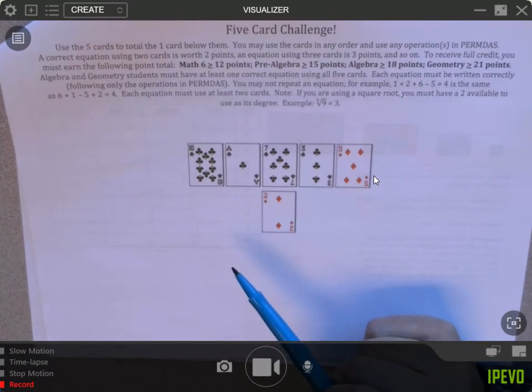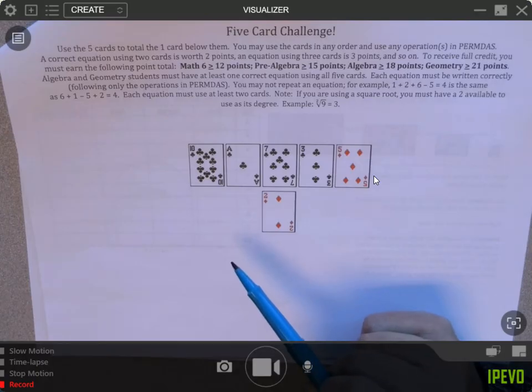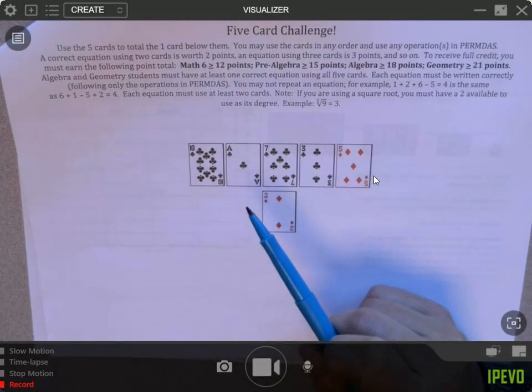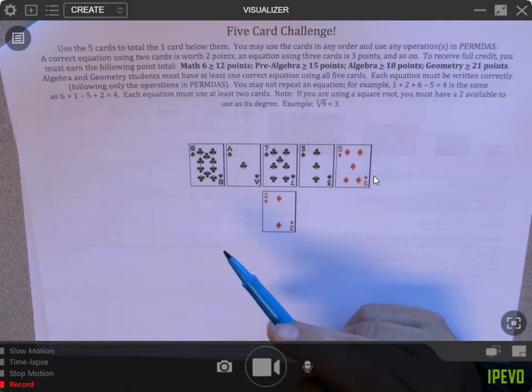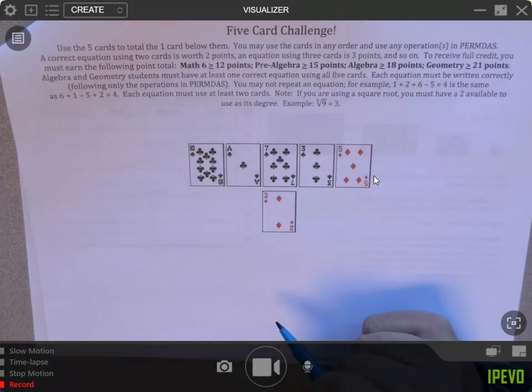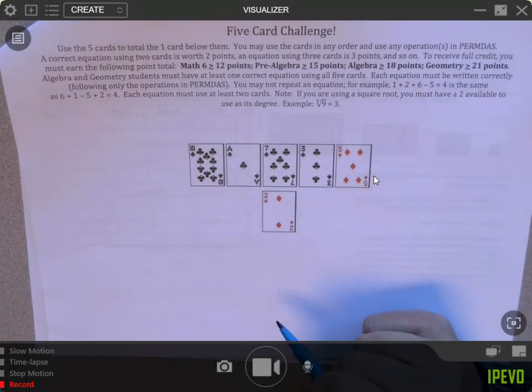Dividing, multiplying, okay? Lots of the exponents, lots of things that you can do with that 1 to make our point value go up really, really high. Challenge yourself. See how many points you can get. I've already had somebody in the purple group get at least 32. She was going to see if she could get more. See how many points you can get.